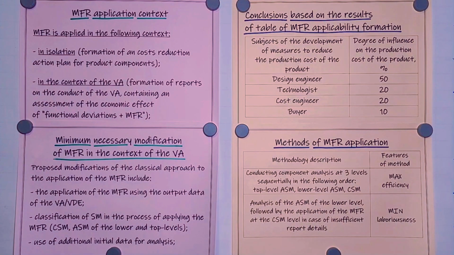Of course, these conclusions relate exclusively to the method of factor research and are approximate, but they are indirect confirmation that the role of specialists in the field of economics and procurement, in buying and the formation of the cost of a product, should not be overestimated, and the role of design engineers and technologists, in turn, is often underestimated. Thus, it can be assumed that the most important stage in the formation of the cost of the product is the